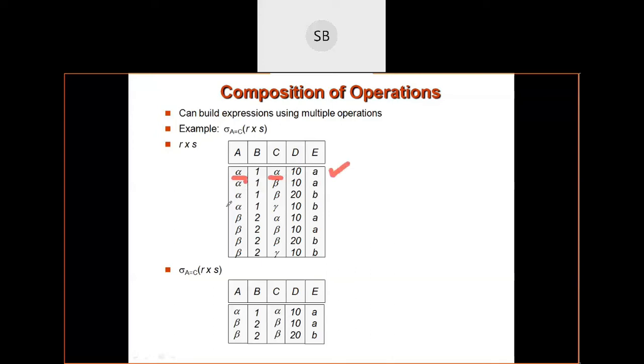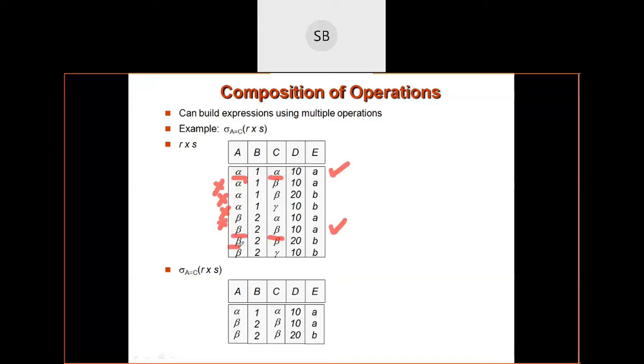Then A is equal to C. In this it is not. Then A is equal to C. This record is also not. Then A is equal to C. This record is also not. A is equal to C. This, okay, it is not. So this record satisfies A is equal to C. So this record is displayed, beta 2 beta 10A.